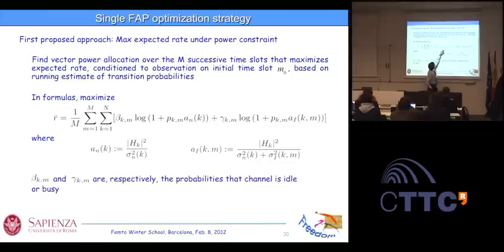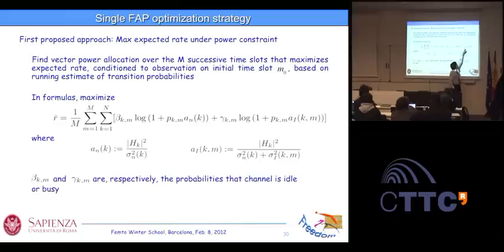For example, let's suppose this term here, a_k, is the channel over noise. So in this case, we only have noise. So we are going to have this rate only if that channel is idle. So there is no interference on that channel. This is why we have to multiply this rate by the probability beta_km that at time m over subchannel k, the channel is idle. Okay, plus